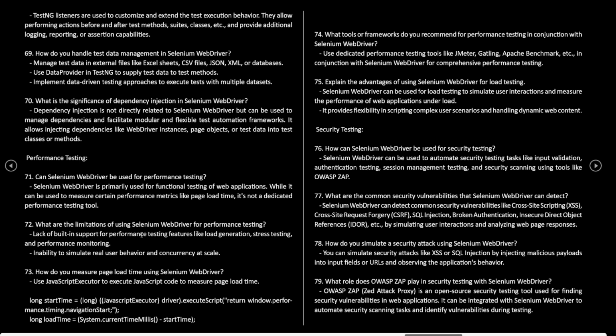Lack of built-in support for performance testing features like load generation, stress testing, and performance monitoring. Inability to simulate real user behavior and concurrency at scale. How do you measure page load time using Selenium WebDriver? Use JavaScript executor to execute JavaScript code to measure page load time. long startTime = (Long) ((JavascriptExecutor) driver).executeScript("return window.performance.timing.navigationStart"); long loadTime = System.currentTimeMillis() - startTime;